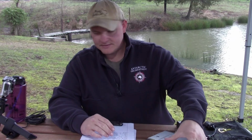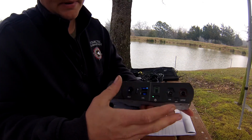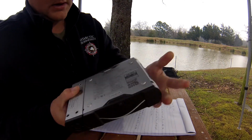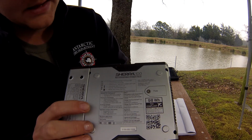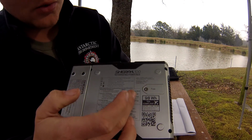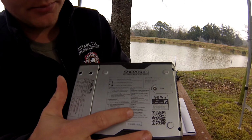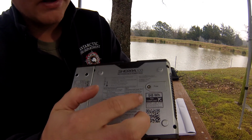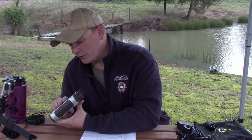So to start, this is the unit. This base piece right here is the actual battery. This is the back. It has a metal lanyard. On the back side, it has some very beneficial information. It shows the charge times, wall chargers from Nomad 13, Nomad 20. This also shows the output and what the different outputs are. It gives you some basic stats on this, and it also has a big stamp right here that says TSA compliant. So if you're going through security, they can see that and they will know that you can actually take